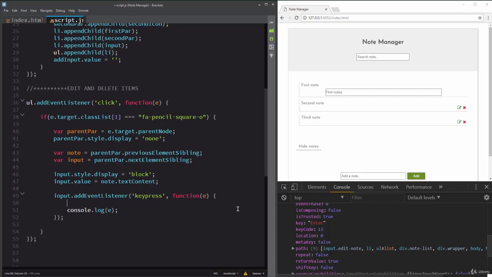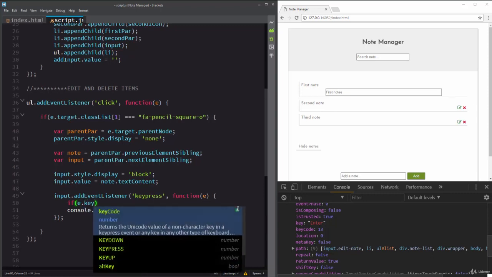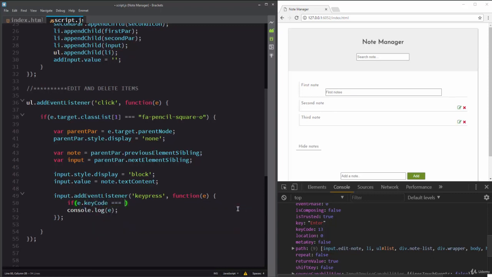Now let's use an if conditional statement and pass the following condition. As we said, we need to execute a bunch of code when we press the enter key. Therefore in the condition e.keyCode must be equal to 13. So write if, then e.keyCode triple equals to 13. Let's test again in the console. Right here, you pressed enter key,